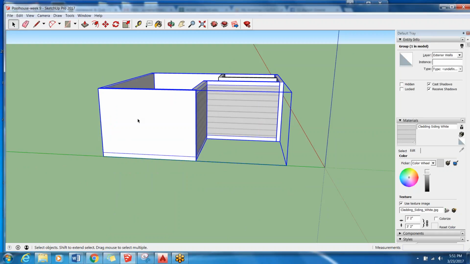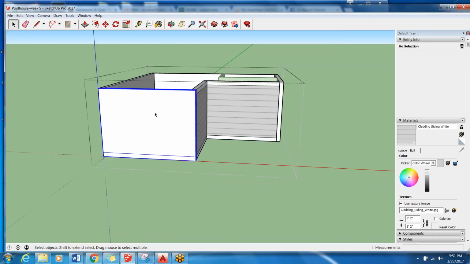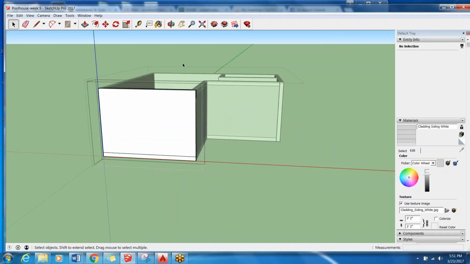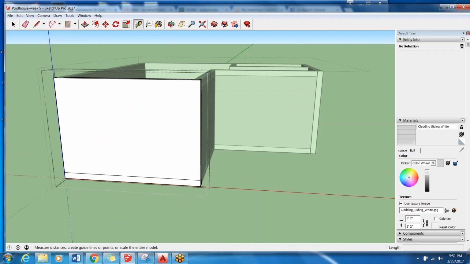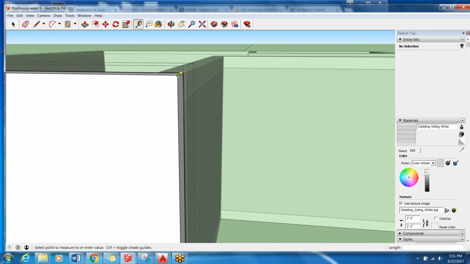So the next step then is double click on this wall, make sure I'm in here until it's all greened out, and then I know there's a 12-inch one at the top. I do the same thing with my measure tool. I click the endpoint. I make sure I'm snapping down on that blue axis. It's a little hard to see. It's kind of snapping to the edge though. It's not letting me come off of it. Then I type 12 inches,